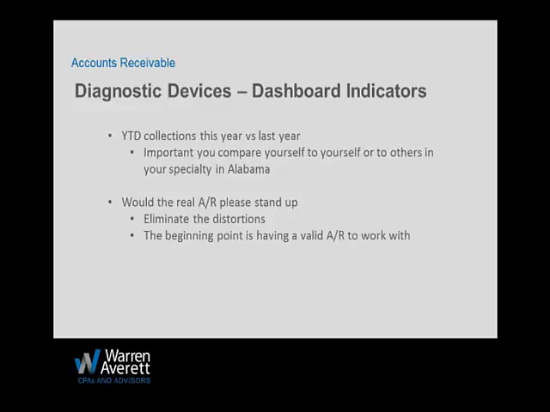We need to issue checks to our patients and make sure that we can get the real AR and have at least a valid starting point so that we can compare next year and we're not working with these credit balances. Of course, the state of Alabama requires that if you have a credit balance, you get this little blue notice every single year. It asks you to report them as unclaimed property.